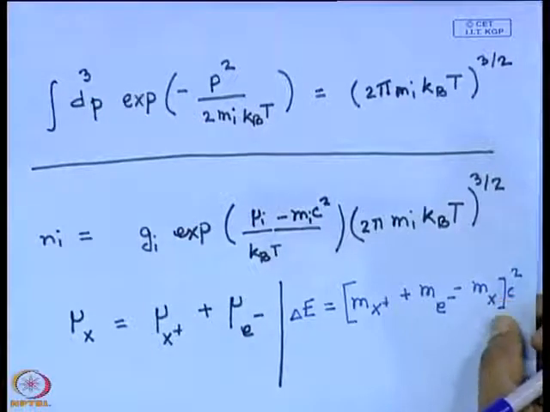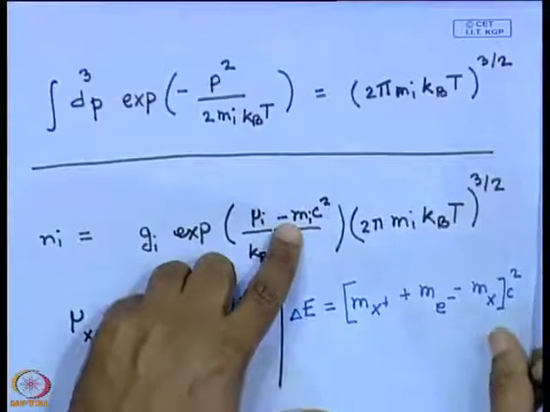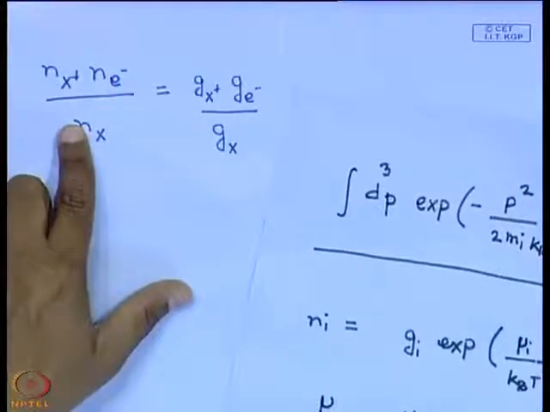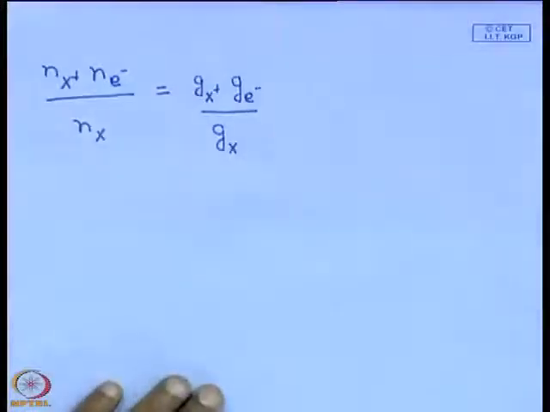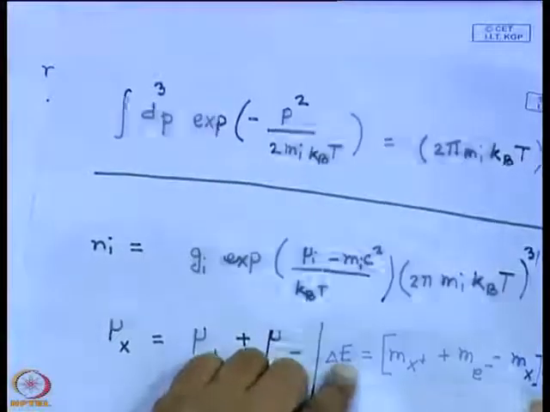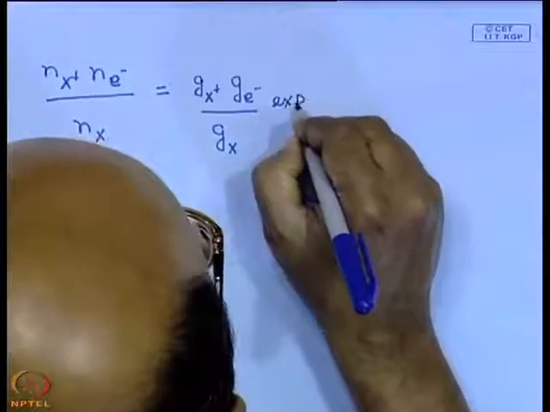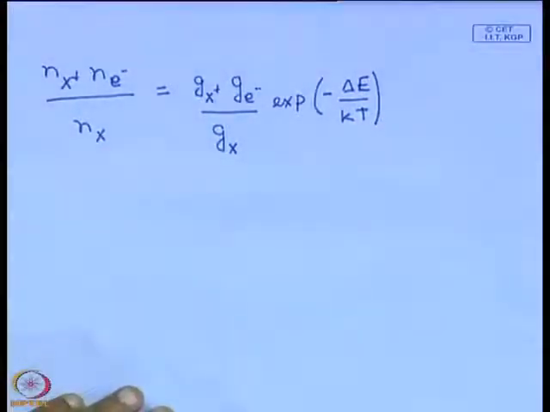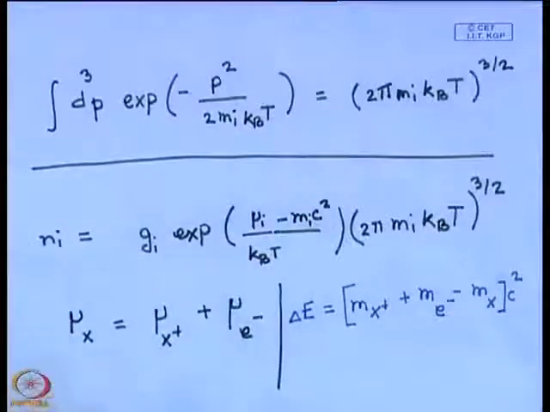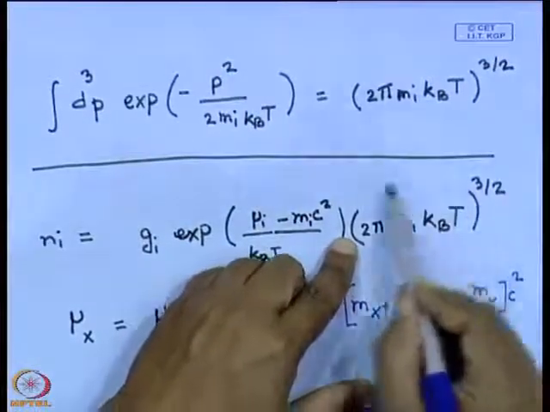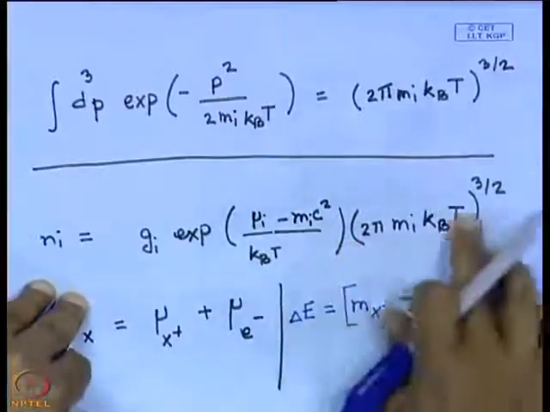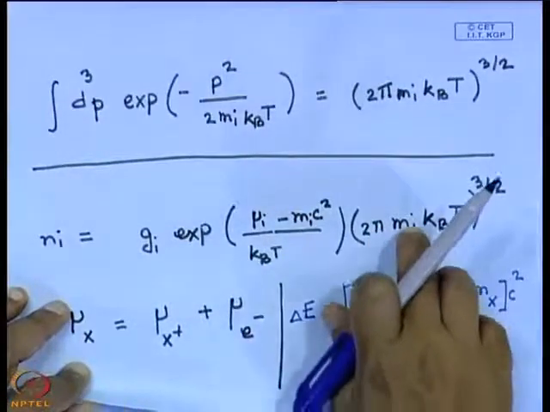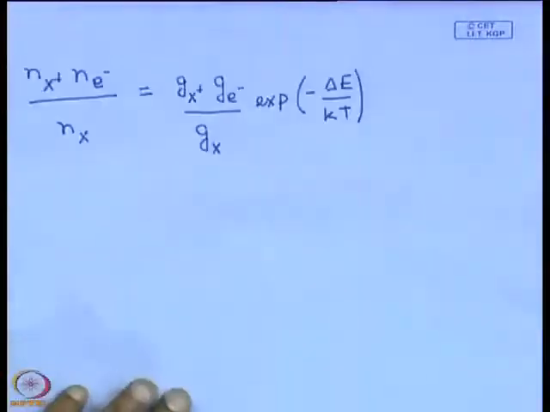Okay. Now, we have another term which is the mass term, the rest mass term. So, we will have minus exactly this. When I consider this ratio, I will have another term which is exponential this, that is the ionization potential energy, ionization potential. And we have a ratio of this number for the product of this number for the ion and the electron divided by that for the neutral atom. The ion and the neutral atom, the masses are approximately the same. So, in the ratio it cancels out, and what we are left with is